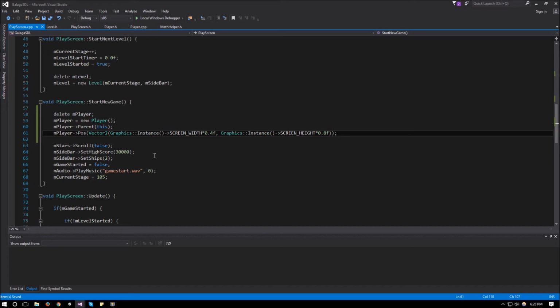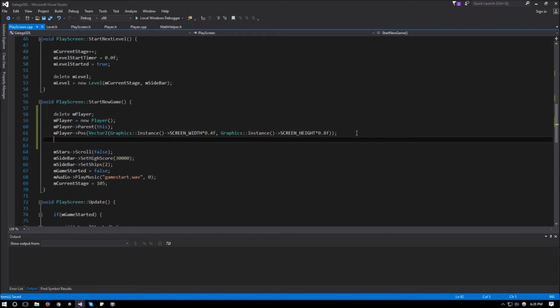The last thing that we need to do is set it to inactive so that the player cannot start moving before the level allows it to. So we can say mPlayer active to false. And that will be it for